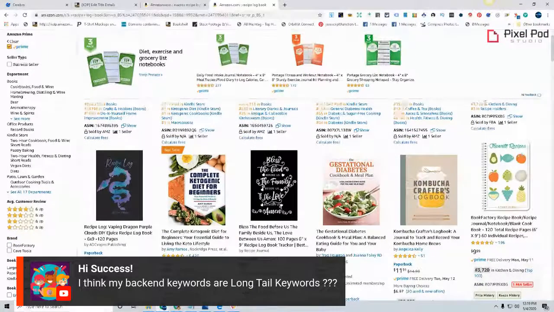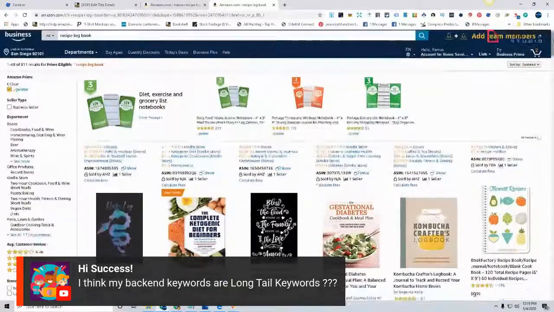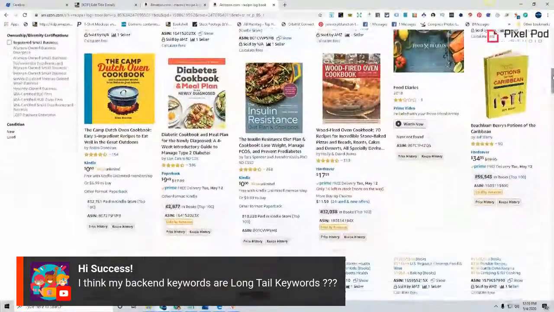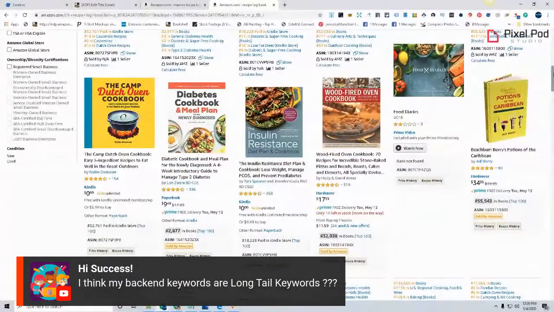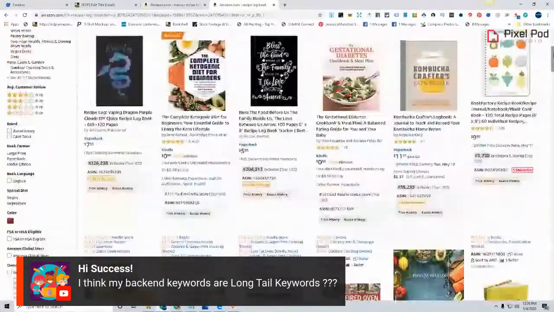And now the goal, like I said, is to learn this niche. This is going to tell you a story, guys. You can see it. You're seeing diabetes cookbook, meal plan, insulin,